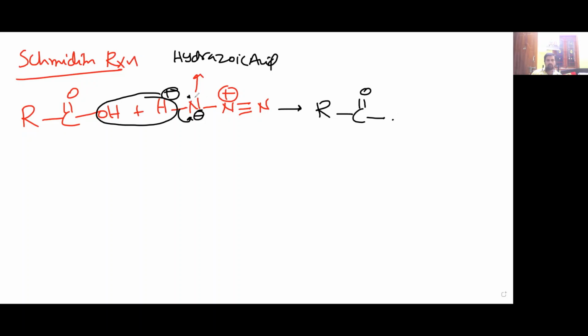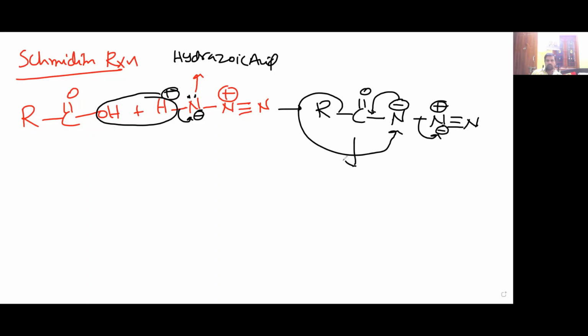Then you are going to get, here already nitrogen has pair. Then N triple bond N, here plus is there, here minus is there. N2 gas is eliminated. Okay. So then please keep remember, very simple. Here nitrogen negative charge because nitrogen has only 2 bonds. So once again, R COOH.